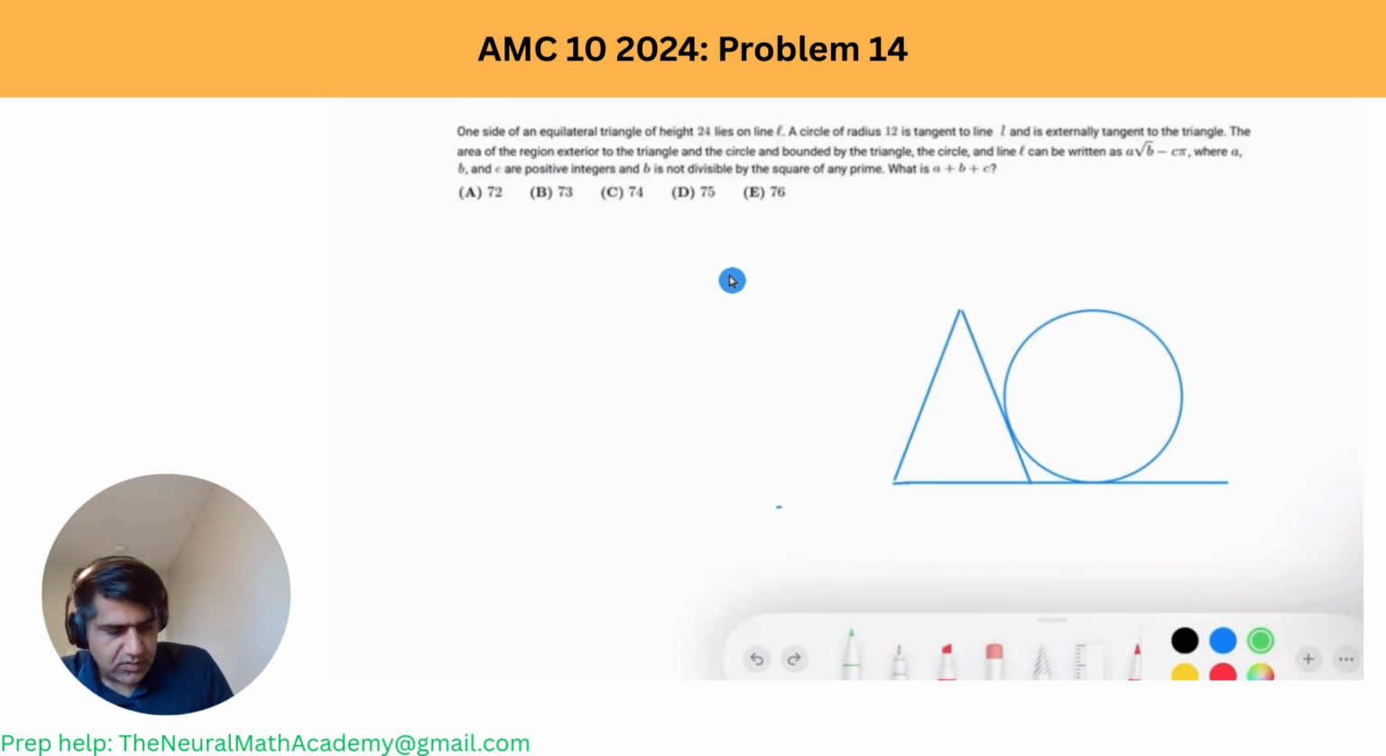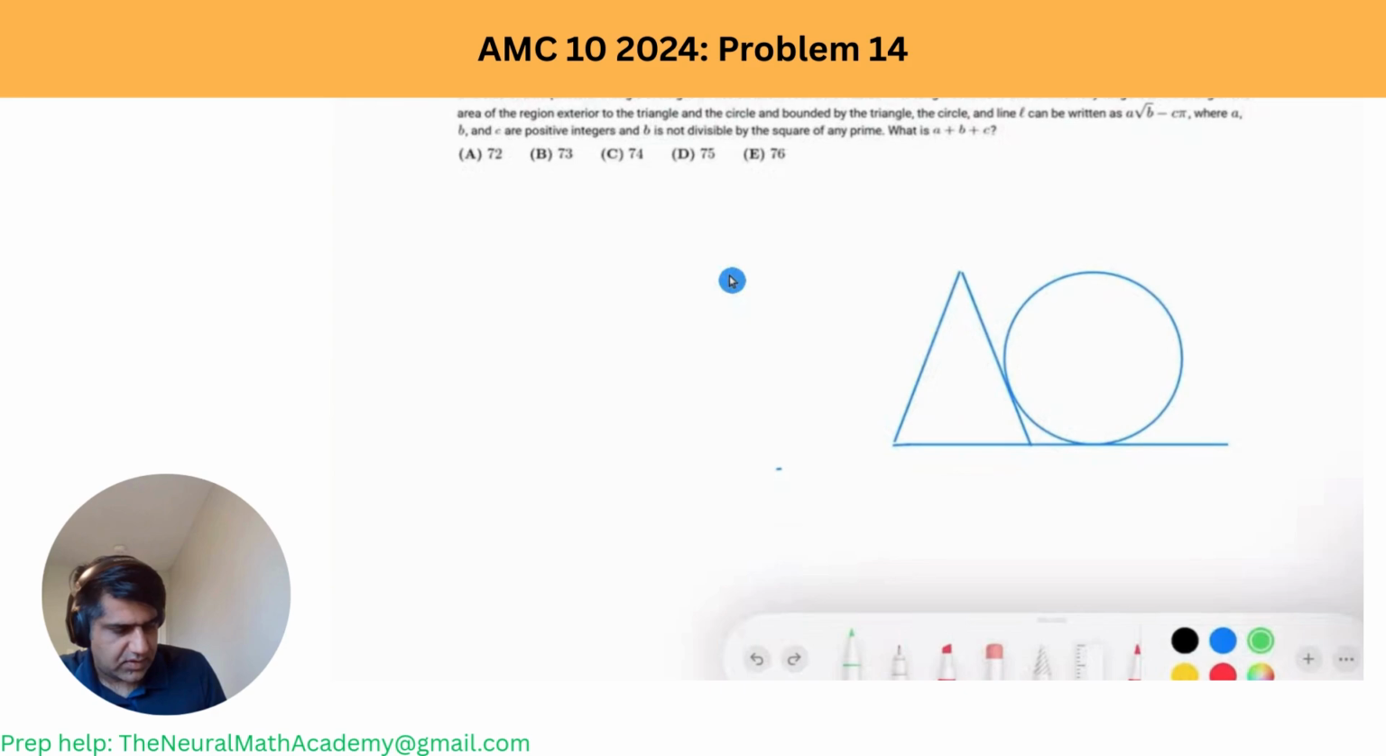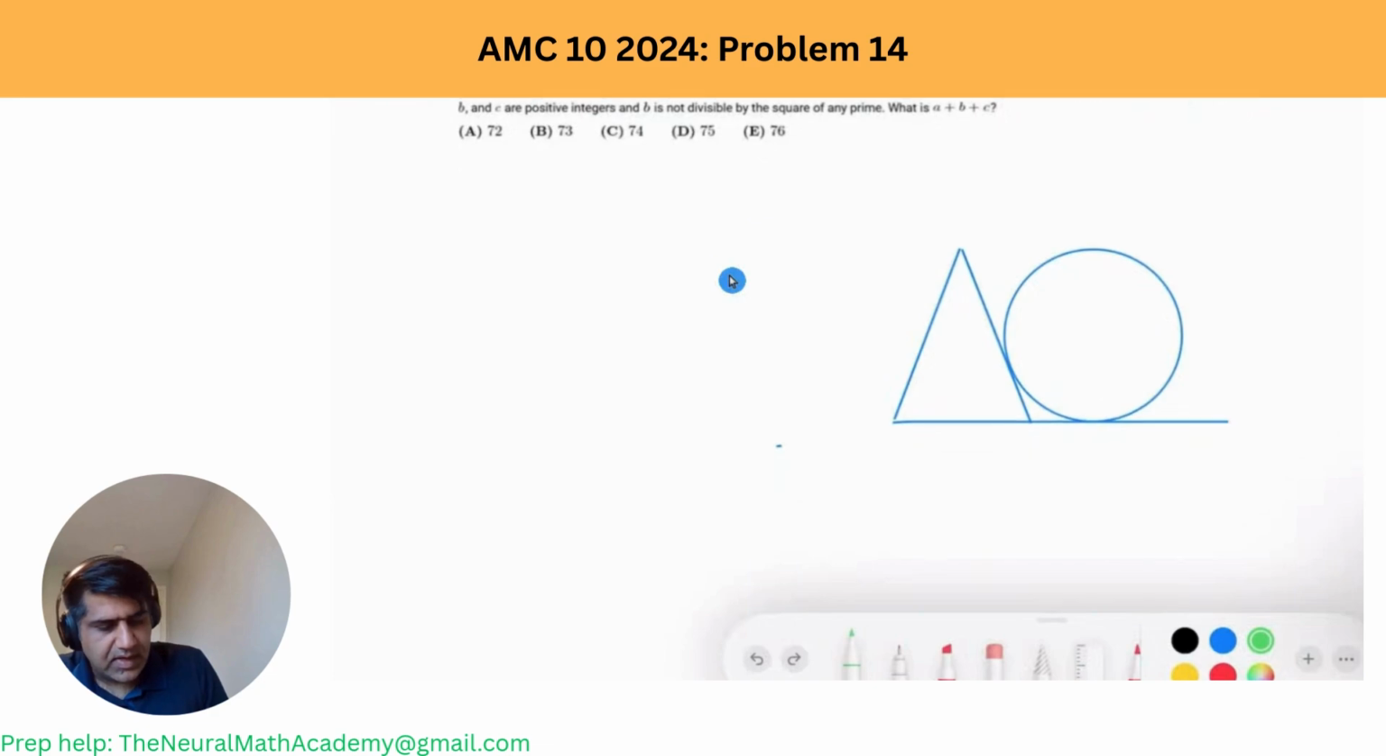In this problem, I have already drawn this diagram, as can be seen. Basically, what we have to do is find the values of a, b, and c. And as it has been given already, the area of the region exterior to the triangle and circle bounded by this is represented with this expression. So basically, this expression represents the area that is bounded by this region, bounded by these lines. Okay,